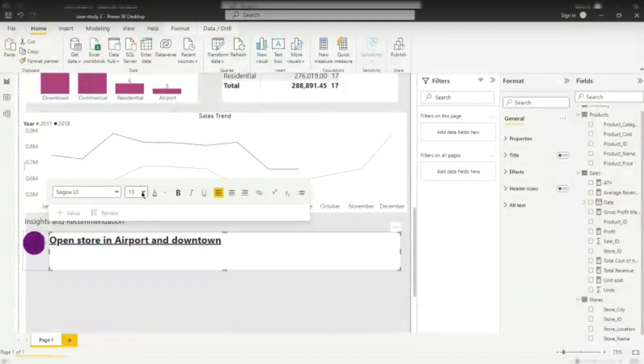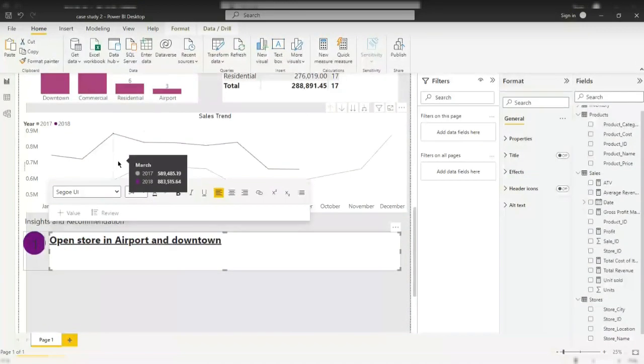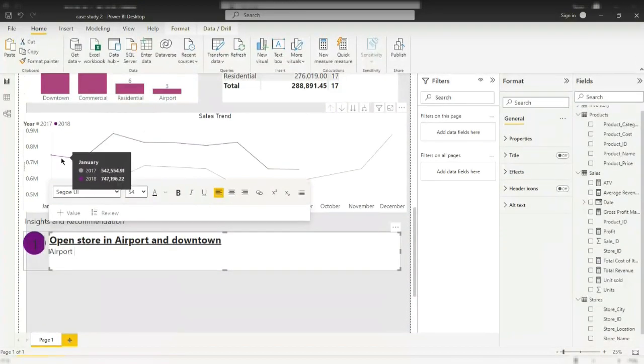Let me make it 6, let me increase the size to 4. Airports with the least number of stores